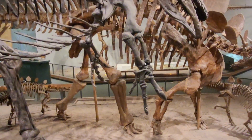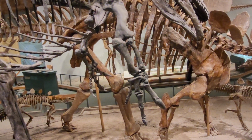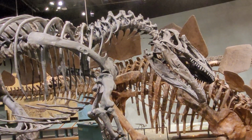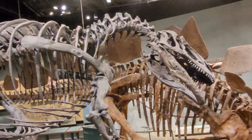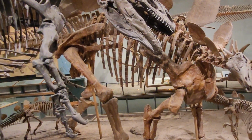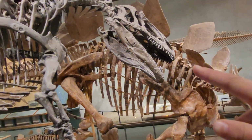Would they be able to use these arms? These arms are bigger than T-Rex. Much bigger than T-Rex. Yeah, I could probably use it like an axe to kill its prey. Huge muscle attachments on the neck. So Stegosaurus wouldn't really stand a chance here. But as you can see on the scapula right there,